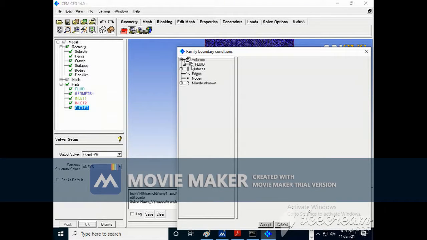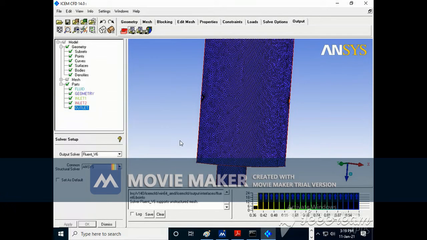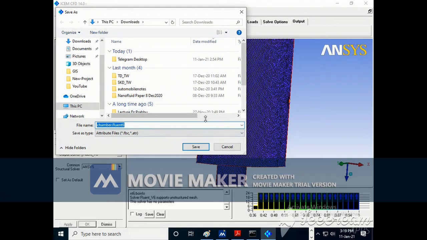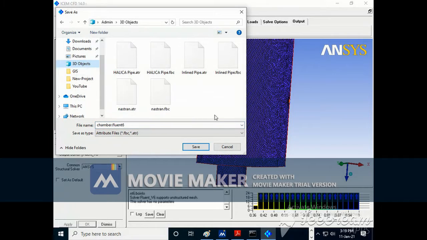You can see fluid is there, which is inside the domain, and whatever fluid we are going to mix, we will attach on the surface. So here we have inlet 1 and inlet 2. There we will give the fluid. Then no parameters. It's a 3D project. It is the chamber.